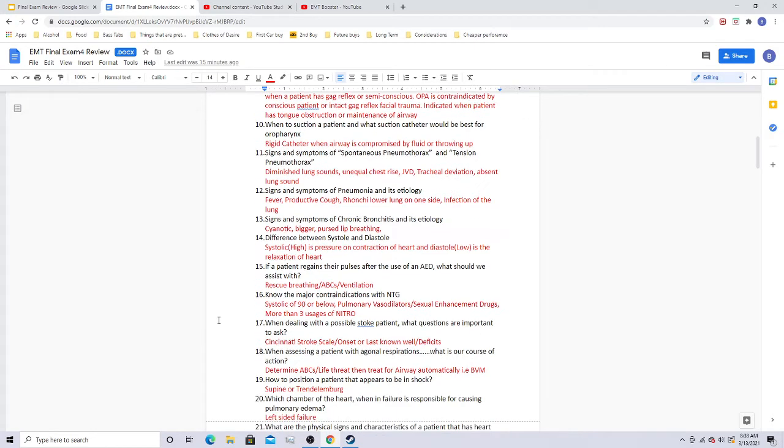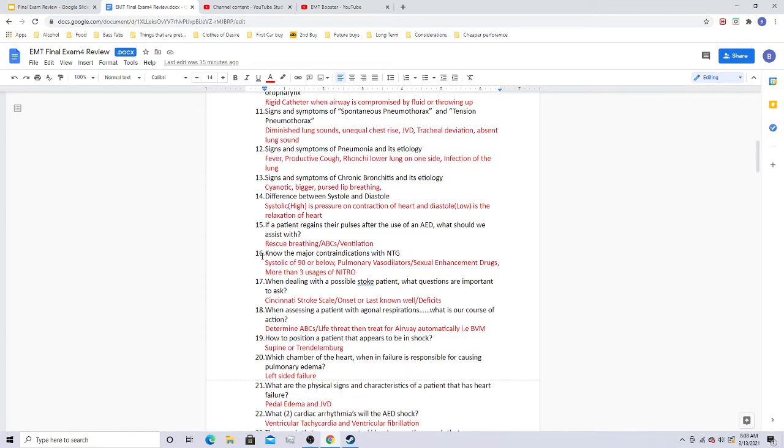So the difference between systole and diastole. Systolic is your high, the pressure on the contraction of the heart, and diastole is the low, the relaxation of the heart. So basically, systolic is the pressurization of the arteries from the heart, and the diastole is the relaxation of the